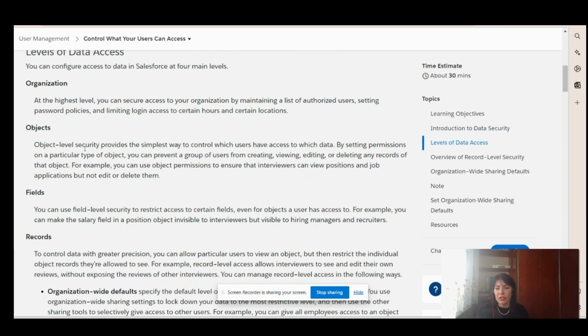Objects. Object level security provides the simplest way to control which users have access to which data. By setting permissions on a particular type of object, you can prevent a group of users from creating, viewing, editing, or deleting any records of that object. For example, you can use object permissions to ensure that interviewers can view positions and job applications, but not edit